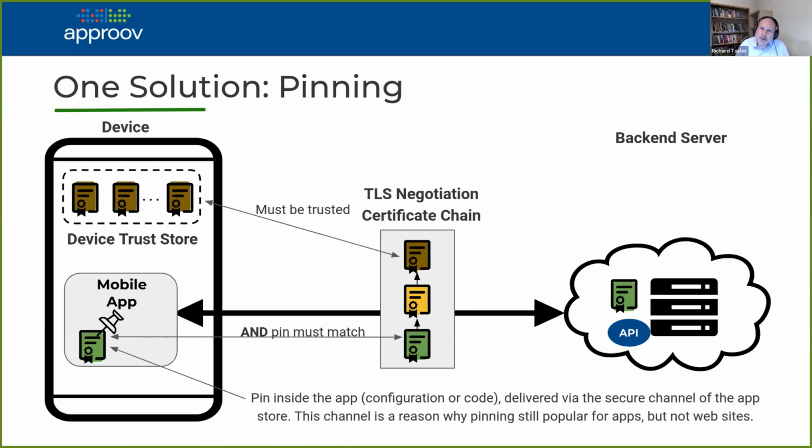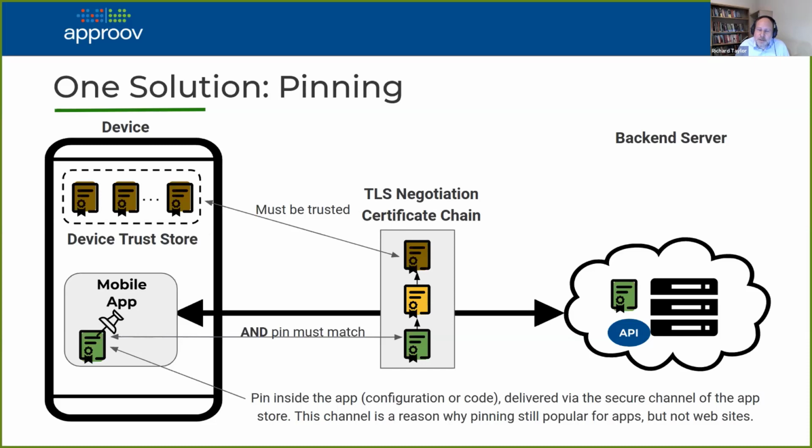So in addition to all the normal analysis which is done on the certificate chain during the negotiation, there is an additional step put in. Here you can see the relationship between the device on the left-hand side and the back-end service. The server is serving a particular certificate, and ultimately during the negotiation, there'll be a trusted chain from that leaf certificate to some certificate authority. And that certificate authority needs to be a trusted one, and therefore it needs to be in the device's trust store for the connection to happen.